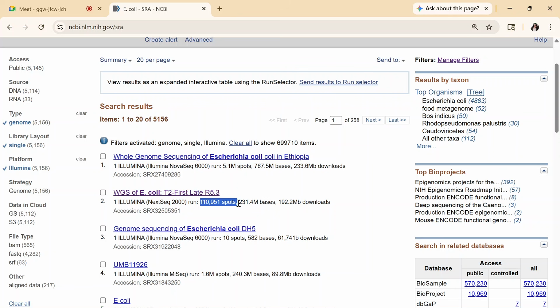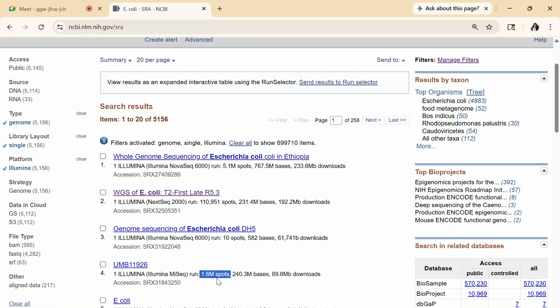Yesterday we understood about reads. What are the reads? The small DNA fragments. So here those reads are called spots. It means in this data the reads are only around 1 lakh, and in this data the reads are around 1.6 million. It means this data contains 1.6 million reads.